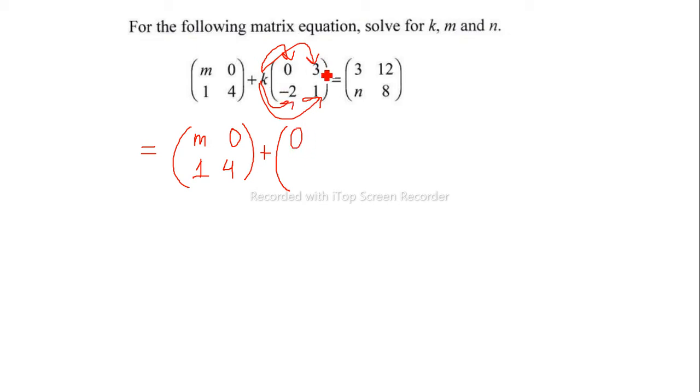What is K times 3? 3K. What is K times -2? -2K. Okay. And then what is K times 1? K, or 1K. Okay. It's going to be equal to this matrix. So it's going to be 3 and